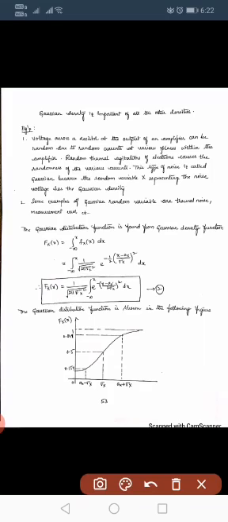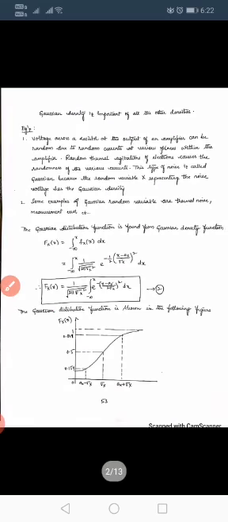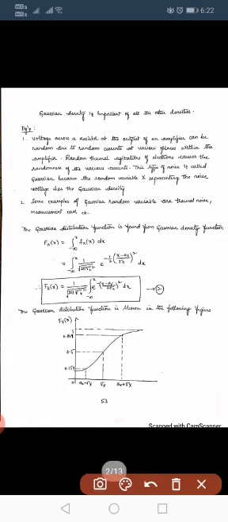Then how is it related to the Gaussian function? Because the distribution of the noise is Gaussian in nature. That means it is in the form of a bell curve. So the distribution of thermal noise or Johnson noise or white noise, which is due to the random motion of electrons, has a Gaussian distribution form. That's why we call it a Gaussian distribution function, and this is one example of a Gaussian random variable, or thermal noise measurement error.